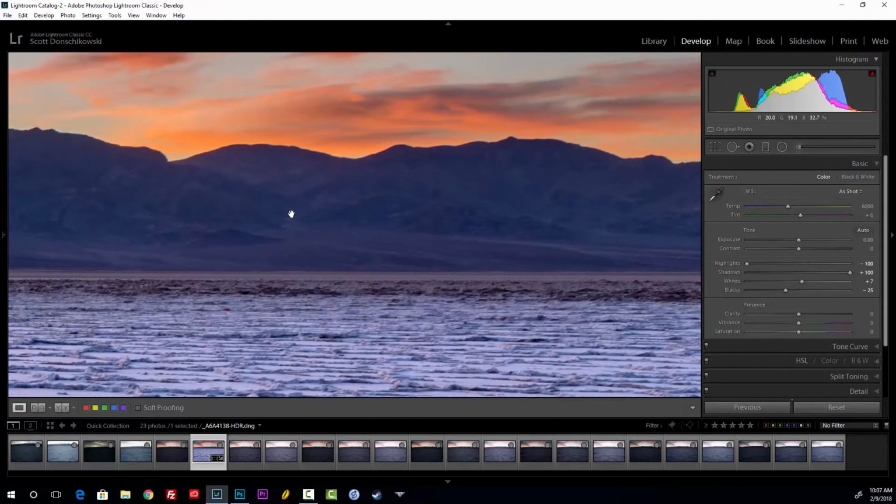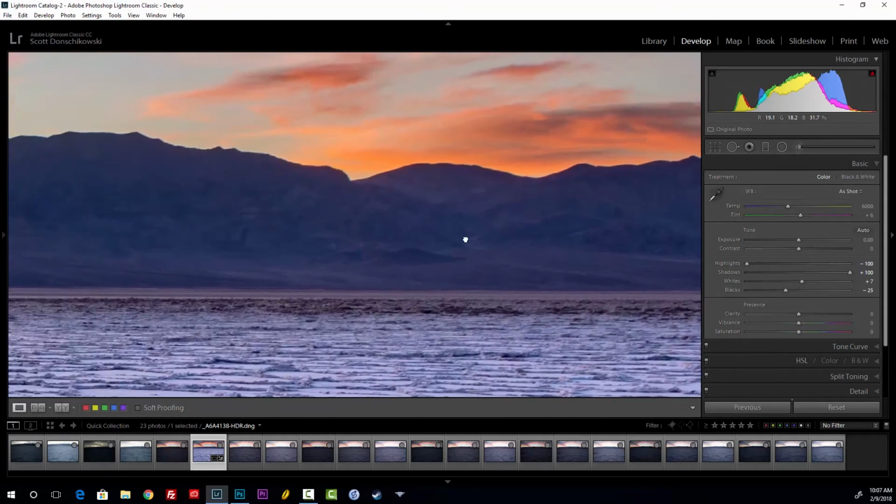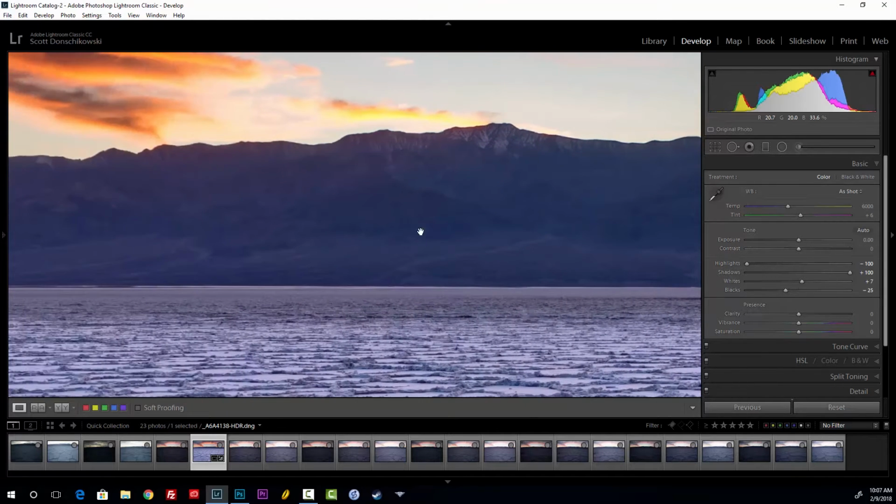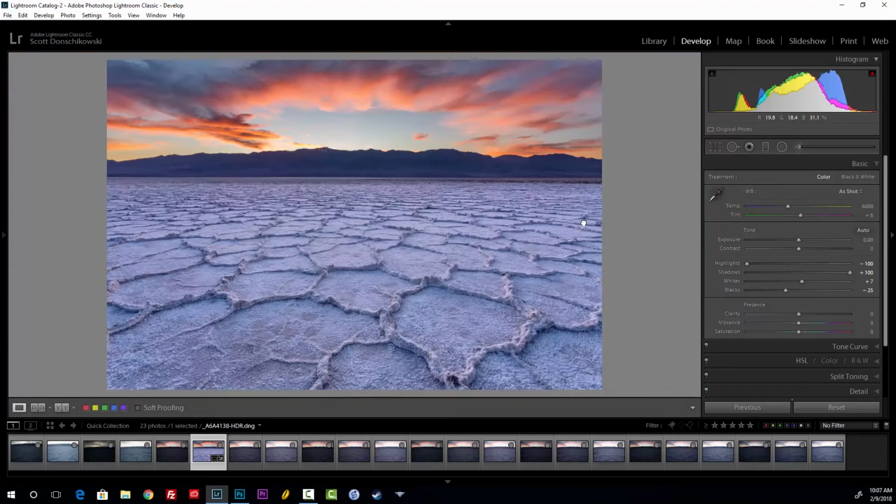That's not too bad. It's a little noisy, which is kind of suspect. We shot this at ISO 100. That's not too bad at all. All right. Very, very nice. So then we're going to deal with color. Now, if I just increase my